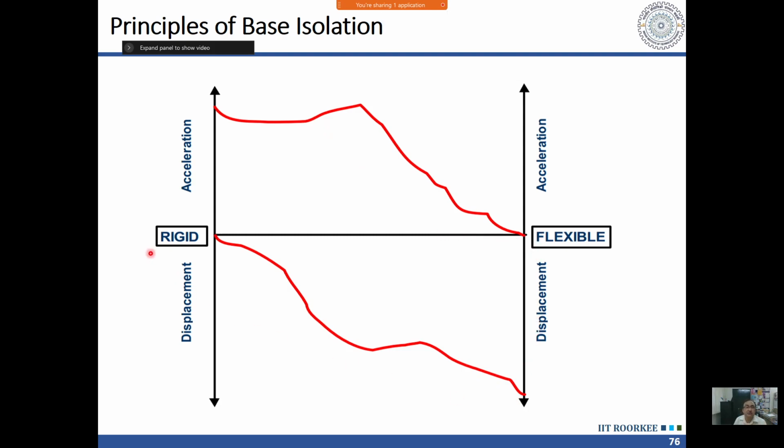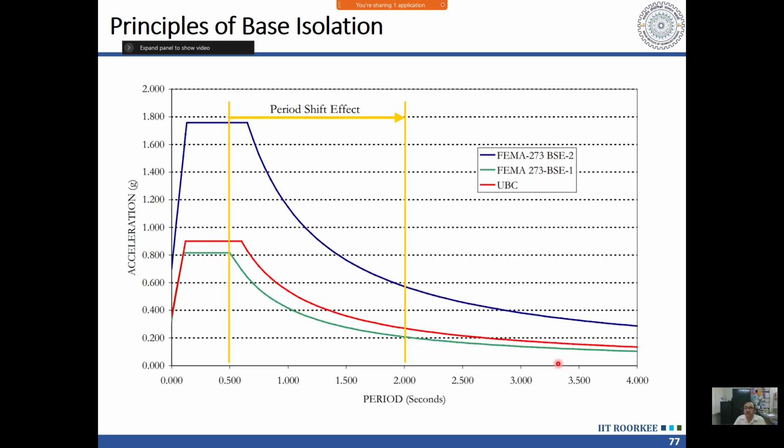But there is a problem, and that problem is that with this increased flexibility, increased period, the displacement goes on increasing. The earthquake force is reducing, but displacement is still increasing. This we have seen from the shape of the displacement spectrum and the acceleration spectrum. So that is the nature of the earthquake action, that the force may reduce, but the displacement still increases, and we have to take care of this displacement. We can take care of this displacement either by designing our bearings that way or by providing damping.